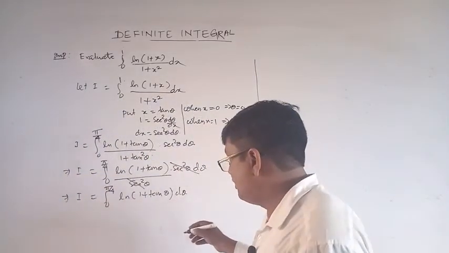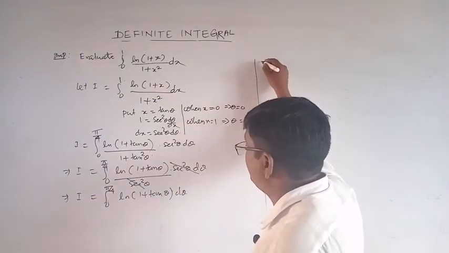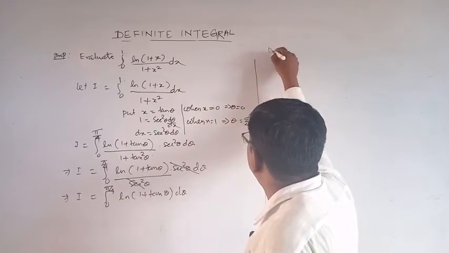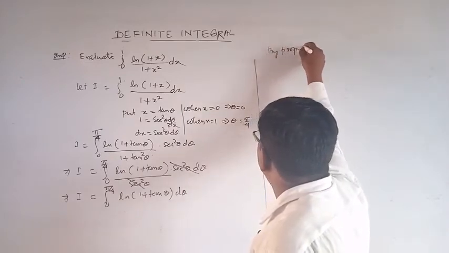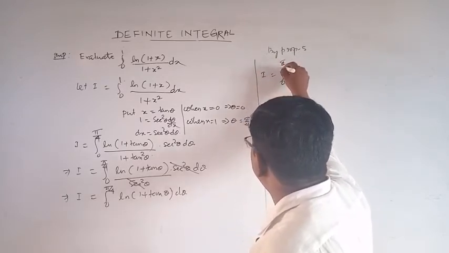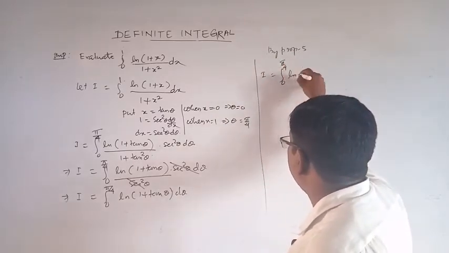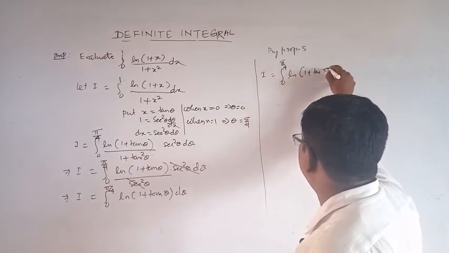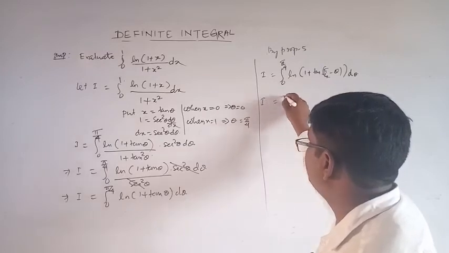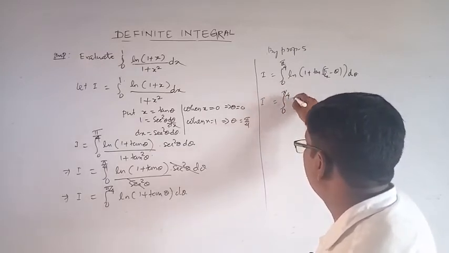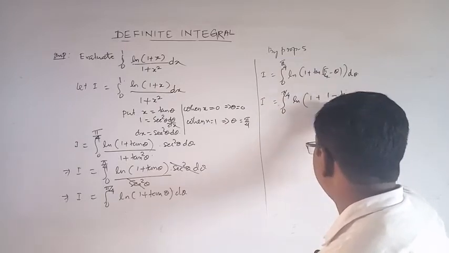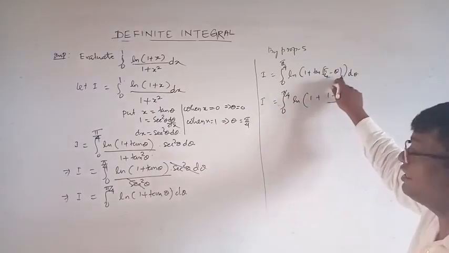So apply the property, that is, by property 5. What happens? I is equal to the integral from 0 to pi by 4 of log of 1 plus tan of pi by 4 minus theta d theta. So I is equal to the integral from 0 to pi by 4 of log of 1 plus tan pi by 4 minus tan theta divided by